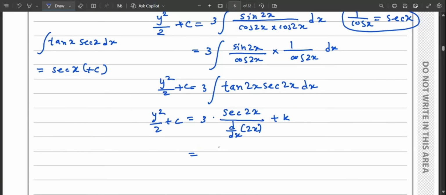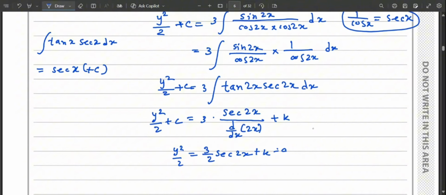Now simplifying this, we get 3 by 2 sec square 2x. We know that d/dx of 2x will be equal to 2. That's why we get 3 by 2 sec 2x here. From this we can see that y square by 2 equals 3 by 2 sec 2x plus k minus